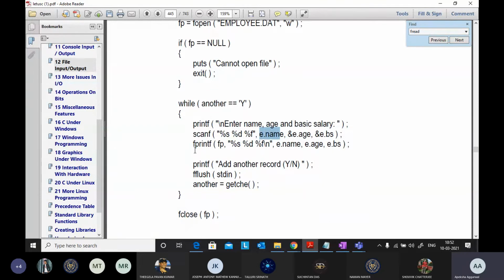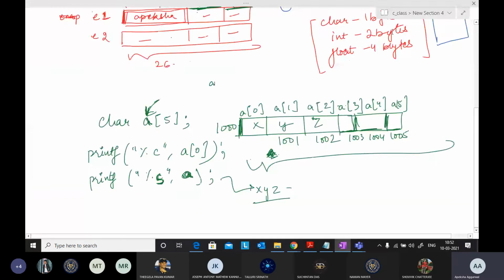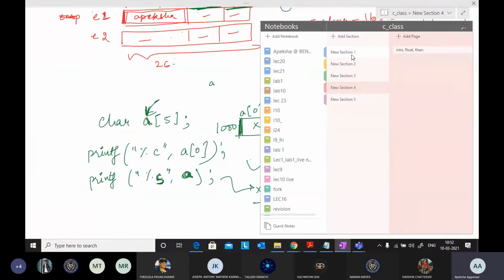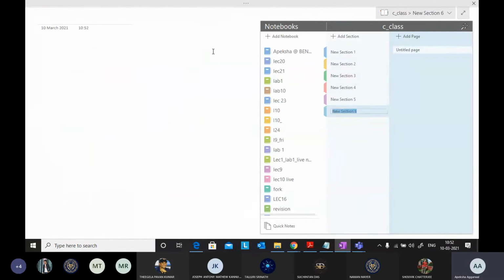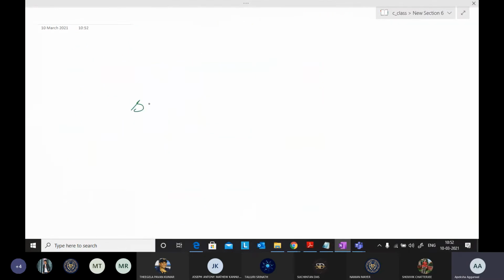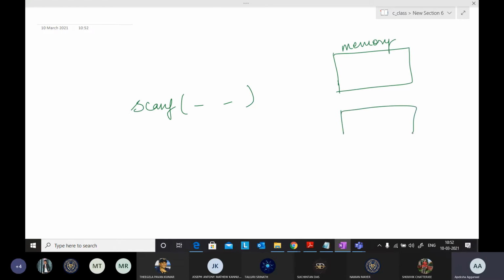Now, fprintf will write whatever the user has entered. What scanf will do is, let's see. As soon as I do scanf, that thing is written. So this was my original memory, and this was my console.